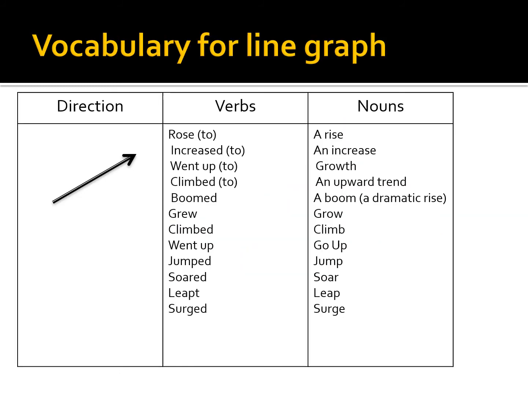Let's move. Now what is really important in line graph? Vocabulary. If you're talking about direction, for example, if you're saying it went up, it rose, right? So what are the verbs that we can use? The first verb would be rose. If you want to use the infinitive, it is called infinitive in grammar, right? When you're using this word to, you have to mention the data. It rose to, for example, if you're writing rose to 10%, that means it increased to 10%, or went up